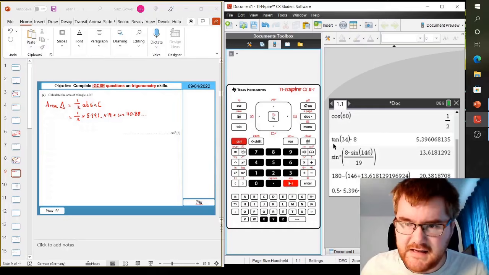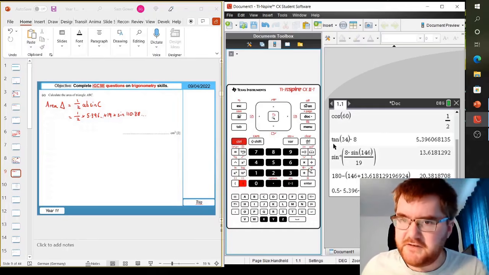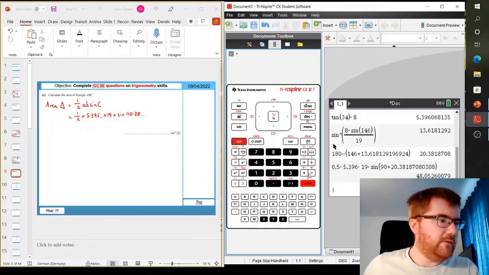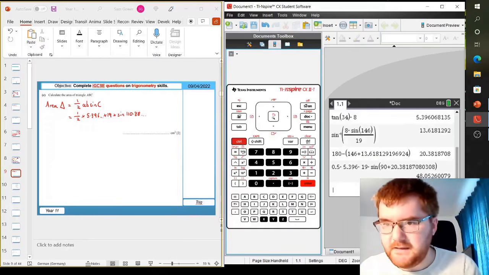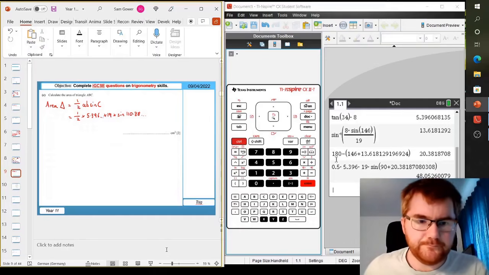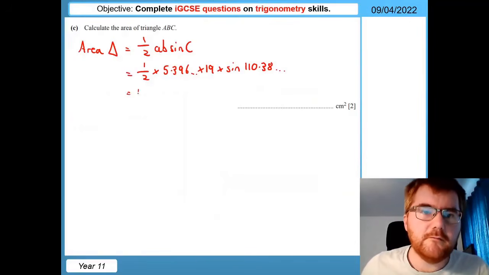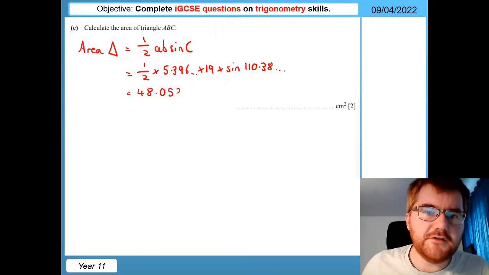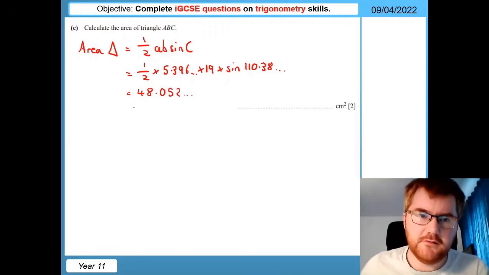So I'm going to try and use that just to minimize any rounding errors. So I think we've got everything there, and then we get to our final answer of 48.052, and that rounds then to